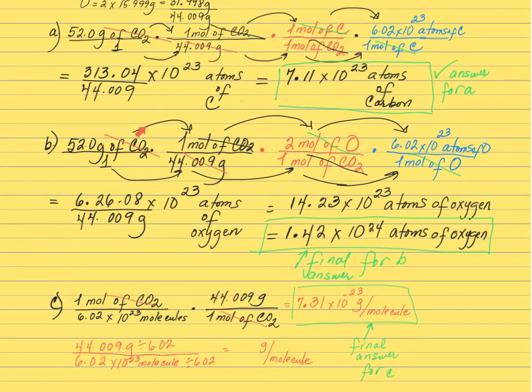But if you analyze the setting up of the conversion factor, you're going to realize that since for every mole of carbon dioxide you have 2 of oxygen, the amount of oxygen atoms is twice the amount of carbon atoms. Okay? So if you make that analysis, you will realize that. So this is the answer over here, but you have to express that with the correct amount of significant